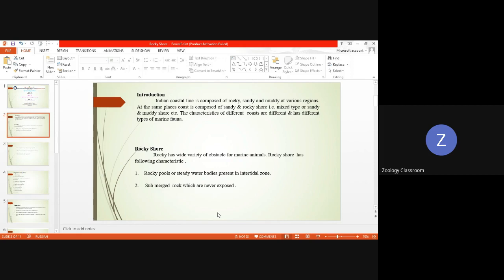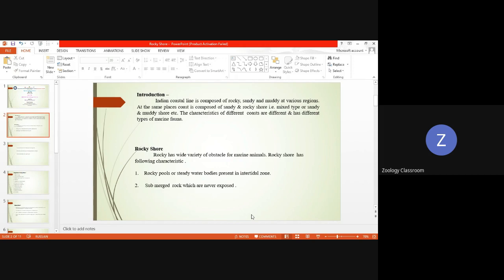Naturally, because wave currents often act on these rocks, it promotes dense growth of marine algae because it is completely submerged. The fauna of such submerged rock mainly includes